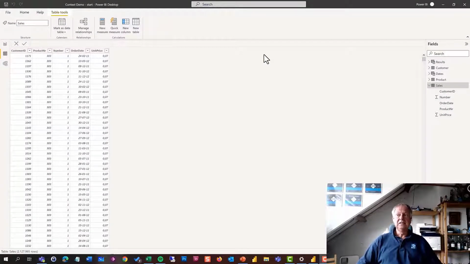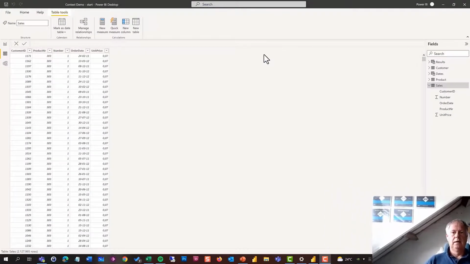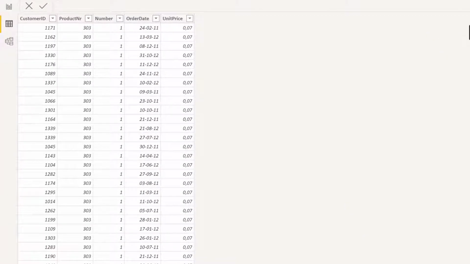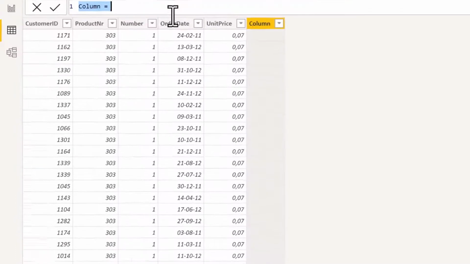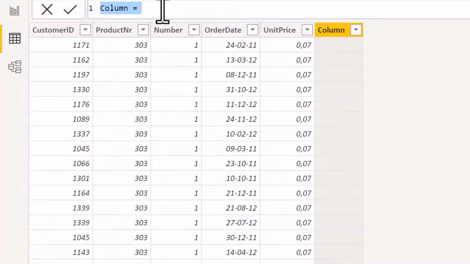Explaining the row context is reasonably simple. As you can see here, here's my sales table. And it consists of 5 columns. I got a customer ID, I got a product ID, I got a number, I got an order date, and I got a unit price. And in order to show you your row context, I create a new column. And with every DAX, as you know, it all starts with giving it a name. So here I could say that my amount